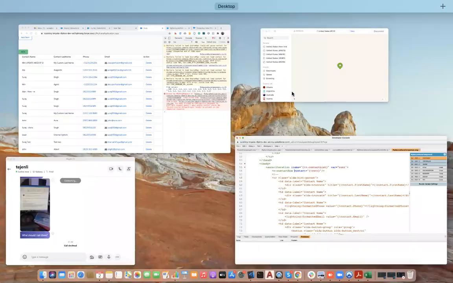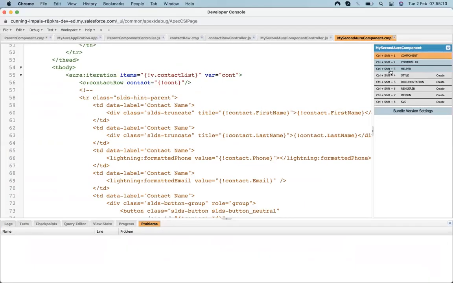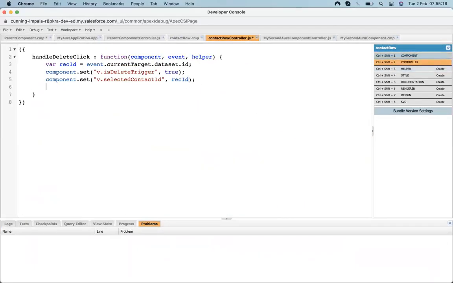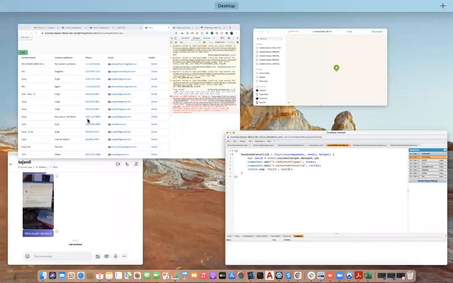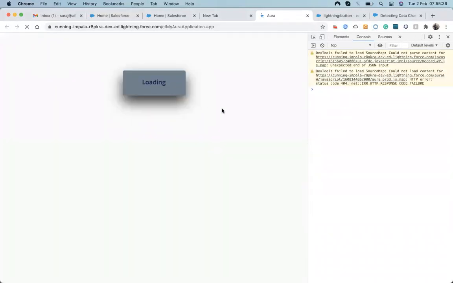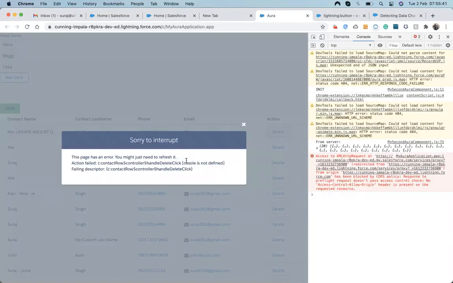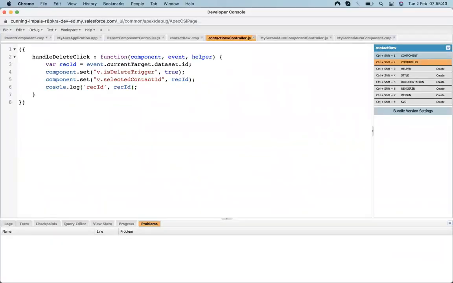So whenever I click on the delete button, let's put some console log up here. It's showing me a record ID.